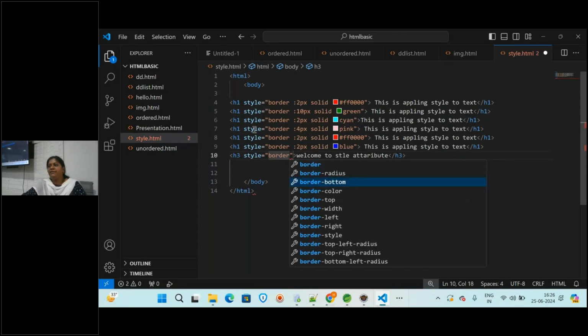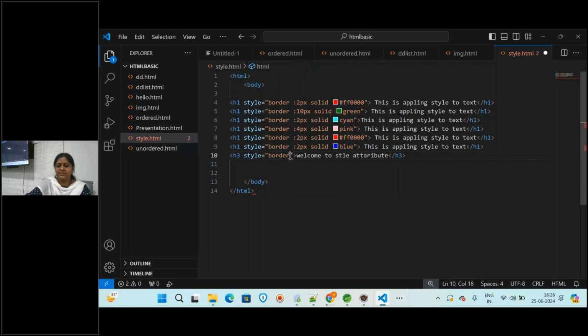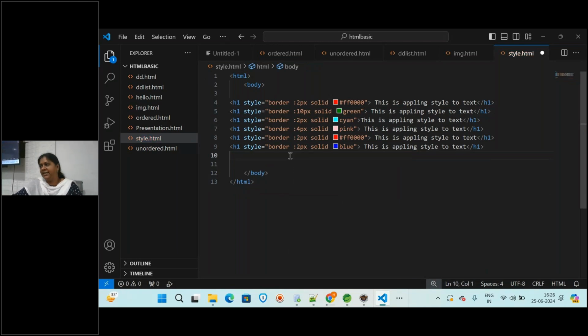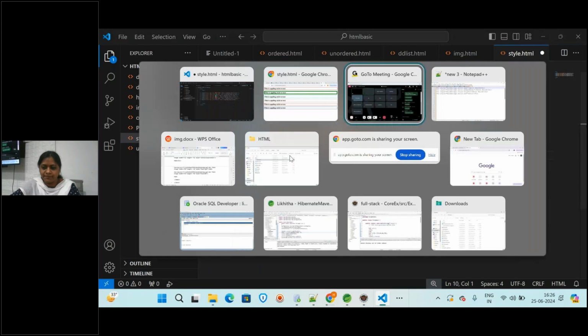Now what happened, when we have given border, it is completely coming. So you can assign it for the bottom, and what should be the border color, we are already giving only to the top. What border width, left. Like this you can be specifying different styles. Okay, just practice all this, giving different styles, and just try how you are getting it. So this is about the style that you are applying for different text and the image tag. So is it clear everyone?